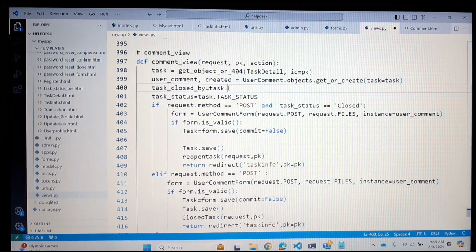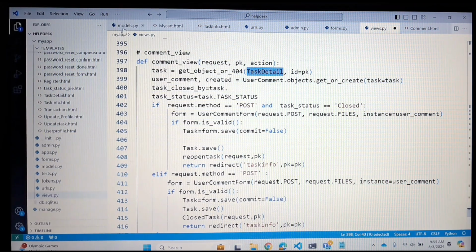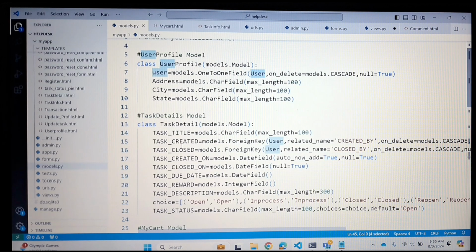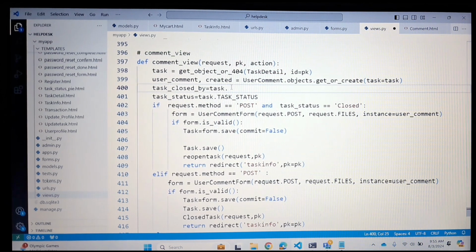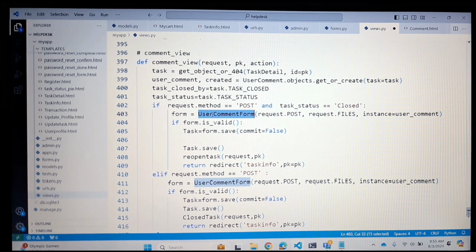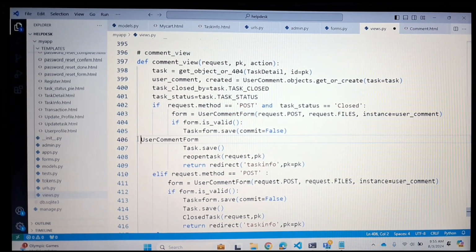Okay, so go to this model, task detail model, come here. So this is the task detail model, and task closed is the field which we are going to use to store the name of the user who is going to close the task. Okay, so come here on views.py file and paste here. Okay, so from here I will get the name of the person who has closed that particular task and what I want. So this one, copy this one, paste here, one second,